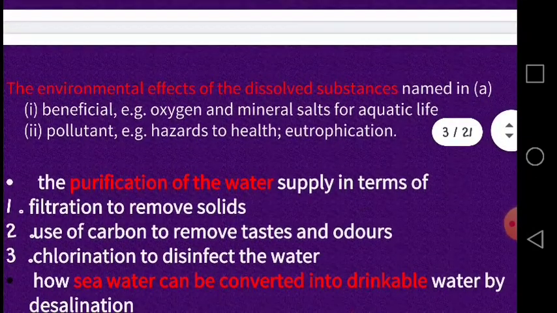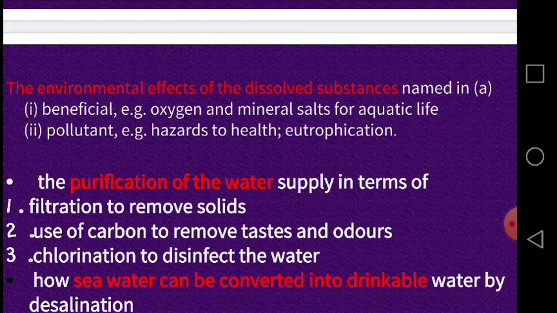Dear students, we will also focus on the environmental effects of the dissolved substances named in part 1: the benefits of oxygen and mineral salts for aquatic life, and the side effects of pollutants like eutrophication. Thirdly, we will focus on the purification of the water supply in terms of filtration to remove the solids and the use of carbon to remove taste and odors, chlorination to disinfect the water and remove the harmful